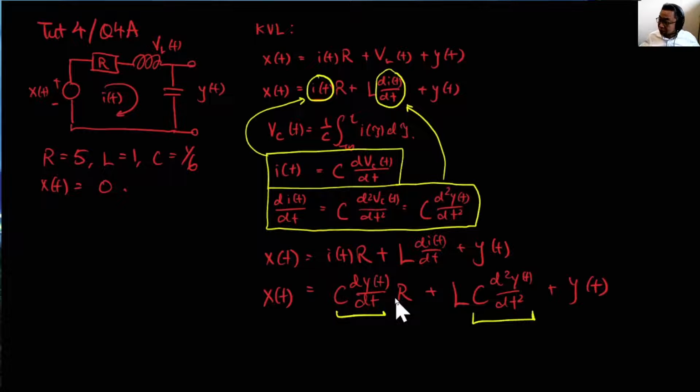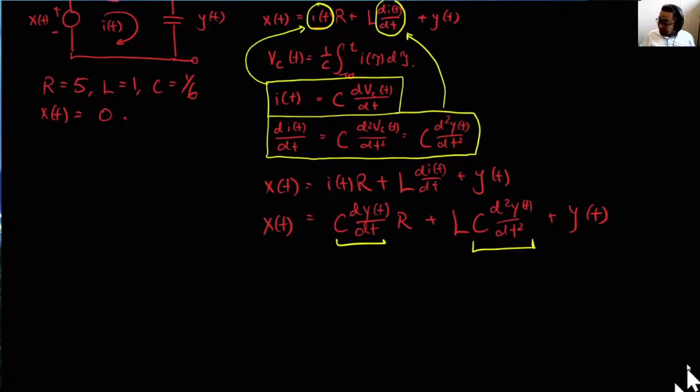Now we have almost represented it in the final form: we have y(t) as well as its first-order and second-order differentiation with respect to the input. So this is the differential equation, but maybe we don't like to have these coefficients LC in